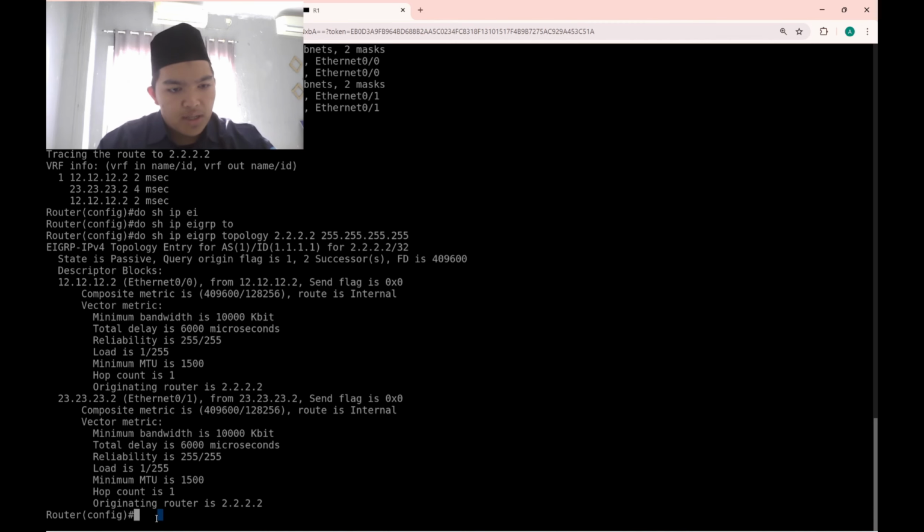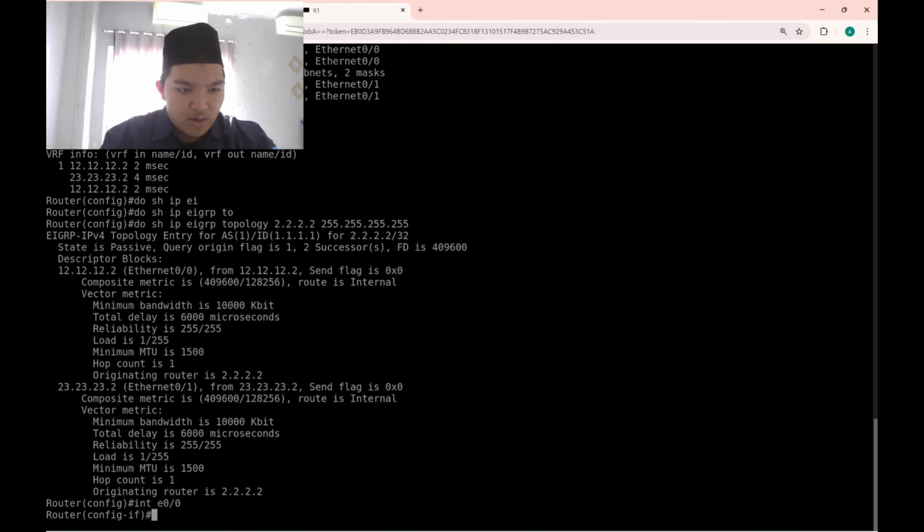First, I'm gonna manipulate the delay metric. To change the metric, we're gonna go to the interface. Because the path that router 1 chooses to go to router 2 is Ethernet 0/0, we're gonna go to Ethernet 0/0, and first I'm gonna manipulate the delay.